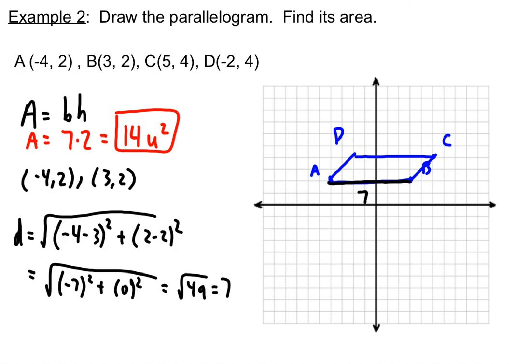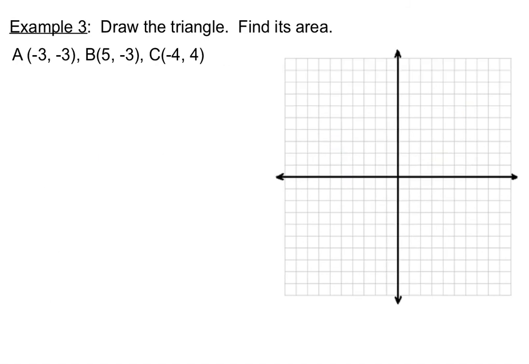So it makes it easier if you can draw it out and if you can see the values on there. So this one here, again, I would draw out the triangle. So -3, -3. And then 5, -3. And then -4, 4. So this one's C, this is A, and this is B. So if I connect them,